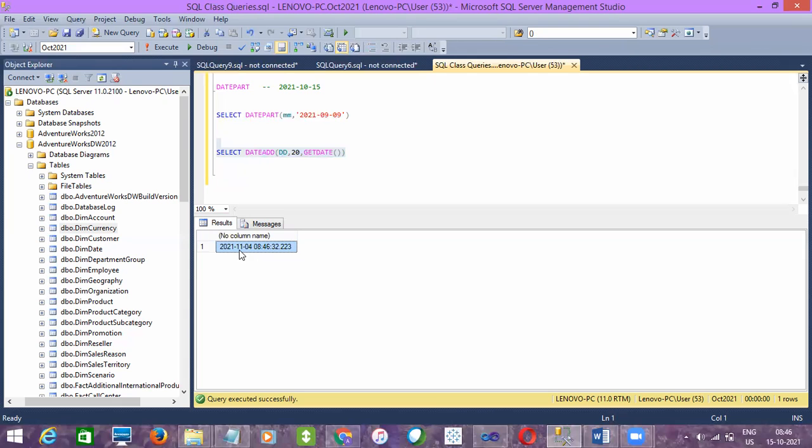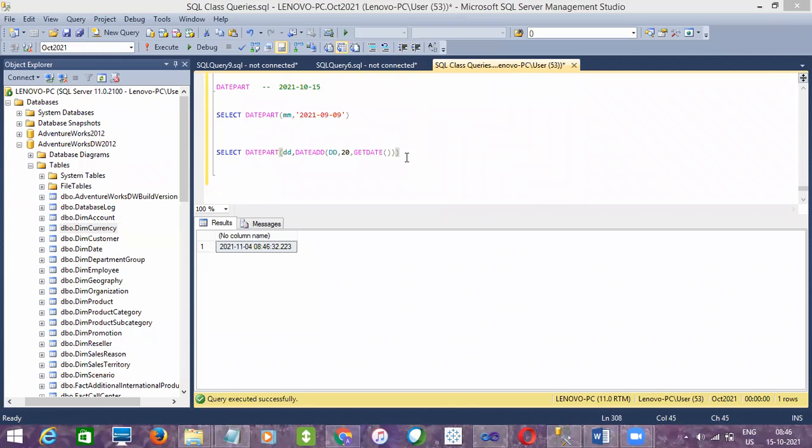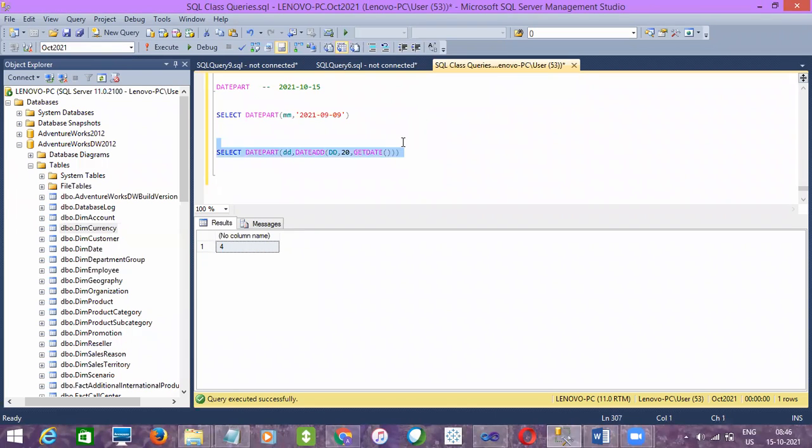But if you want to fetch the month name out of it once you add it, how to fetch it? On top of this, you need to write DATEPART again, of, let's say, the date, and then close it. See, and if you want to fetch the month, you can fetch it out of it.